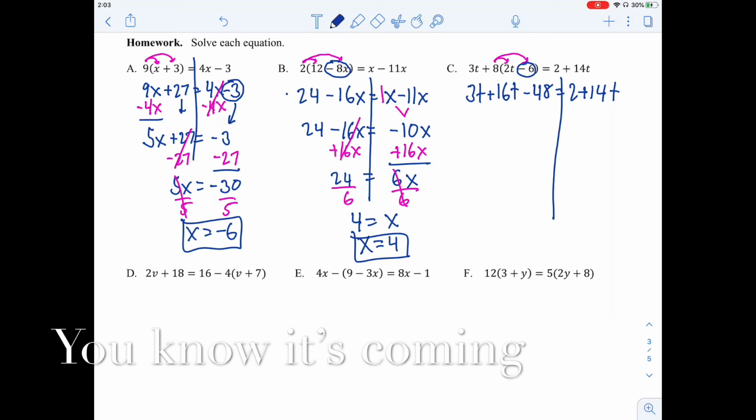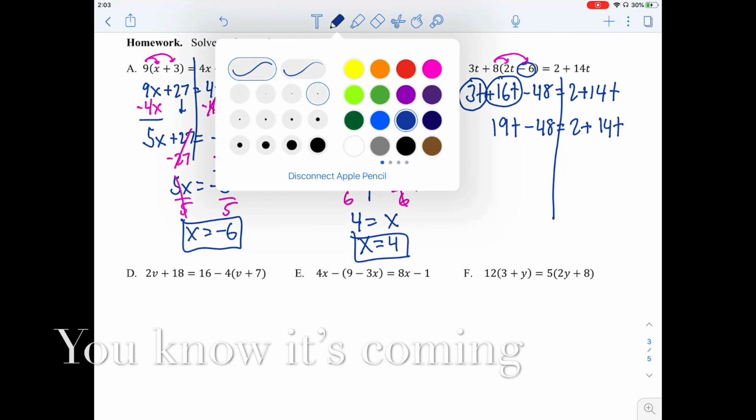And now we want to simplify again. So we have like terms. So we have 3t and a positive 16t. 3 plus 16, 19. So 19t's minus 48 equals 2 plus 14t. Now we have